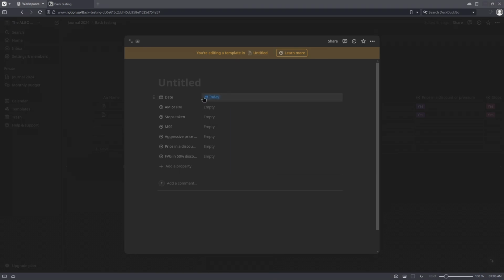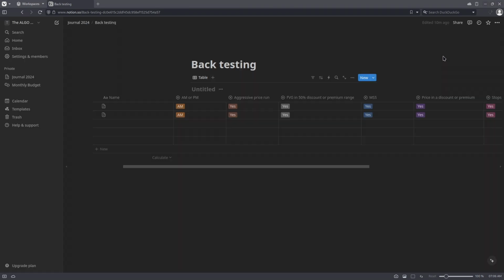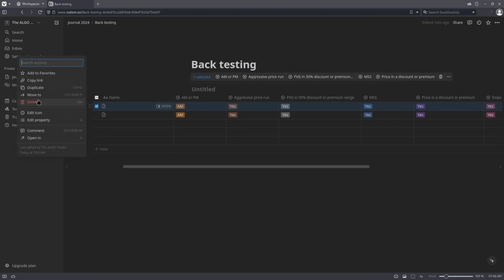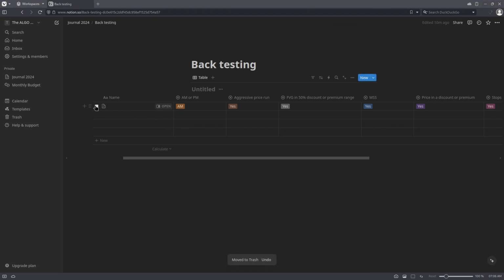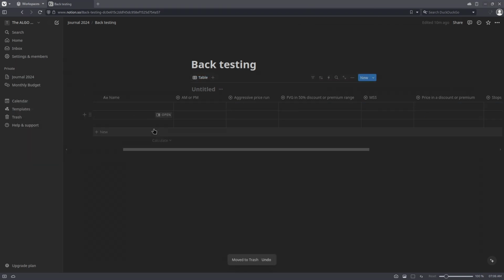I usually leave it on today. If I want to get rid of something, I just go here, or you could just select that little checkbox and click on delete. If I want to add a new one,